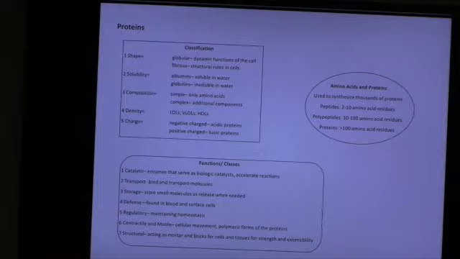They're transport proteins, so things that bond and transport molecules, things like hemoglobin, transferrin, lipoproteins. Remember we talked about lipoproteins, we talked about the APOs, right? The apoproteins, those are going to be protein transport things. Storage, so things that store small molecules. Myoglobin, what does myoglobin store? Oxygen. Ferritin, what does ferritin store?